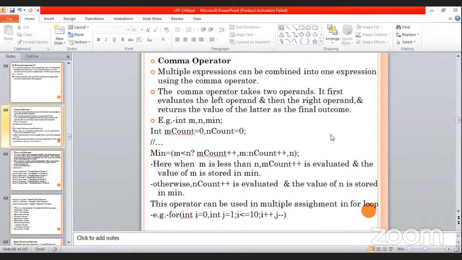Today's topic is the comma operator. Multiple expressions can be combined into one expression using the comma operator. The comma operator takes two operands. It first evaluates the left operand and then the right operand, and returns the value of the latter as the final outcome. For example: